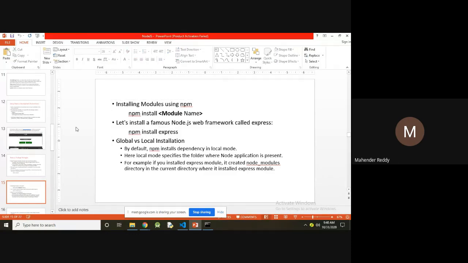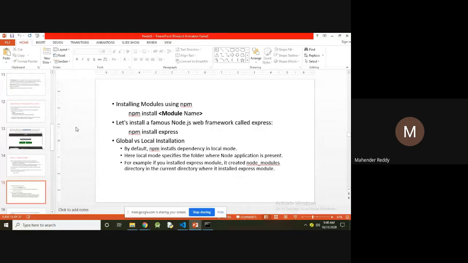There are two types of installations available in the Node package manager: global installation and local installation. By default npm installs dependencies in local mode. Local mode specifies the folder where the Node application is present.